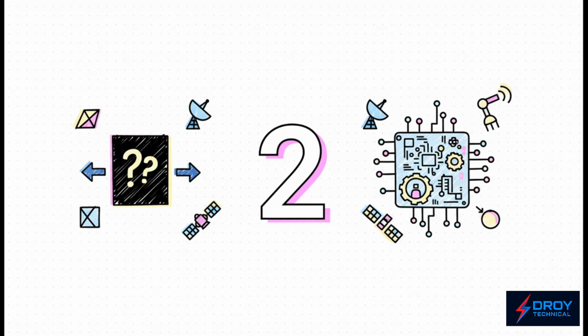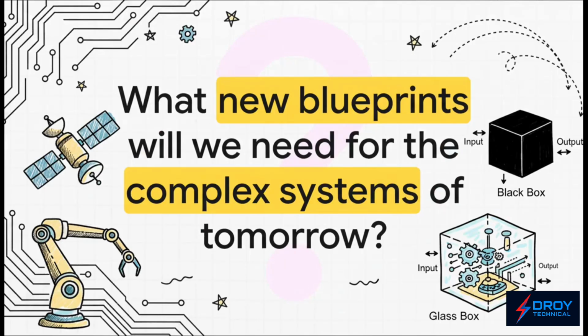Do you treat the world as a mystery box that you can only understand from the outside? Or do you try to build a transparent glass box so you can understand it from the inside out? These two ideas are what engineers use to build the automated world we live in. And that leaves us with one final big question. As our systems get crazier and more complex, from self-driving cars to AI-powered factories, the blueprints that got us here might not be enough. So the question is, what will the blueprints of tomorrow need to look like? What's the next secret language we'll have to learn?